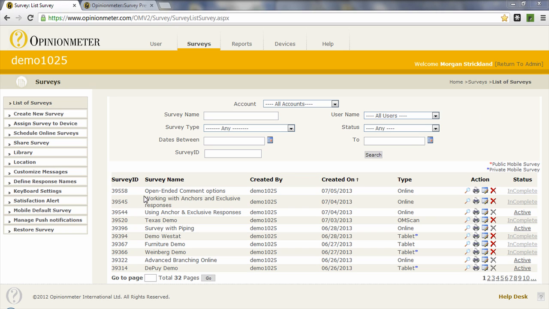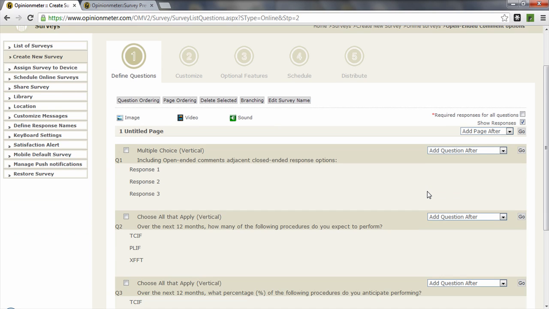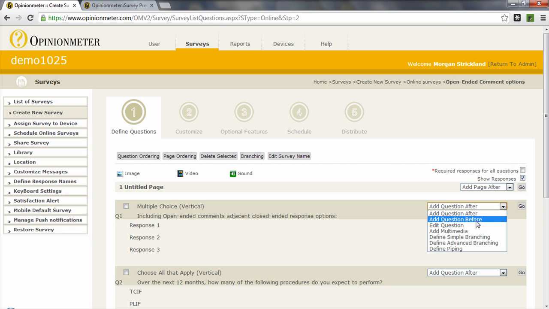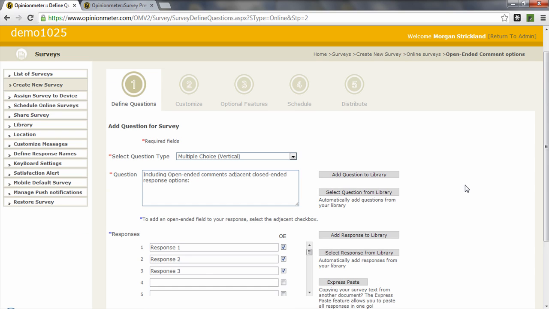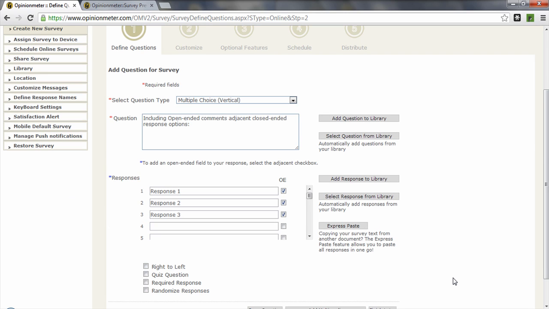I've already created a sample survey, open-ended comments options, and I'm just going to edit this. We've added a few questions here, so why don't we go in and edit the question. This first question is a simple single response question type, and we've just said including open-ended comments adjacent closed-ended response options. So we have a very simple question with 3 response options, and we can add to those closed-ended response options